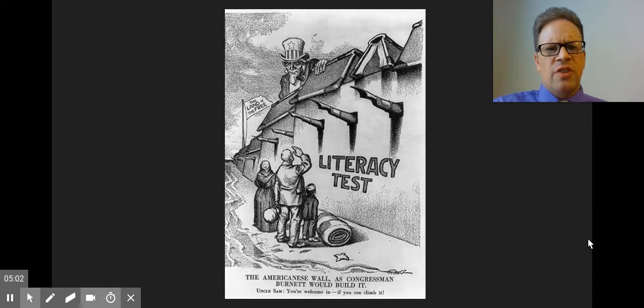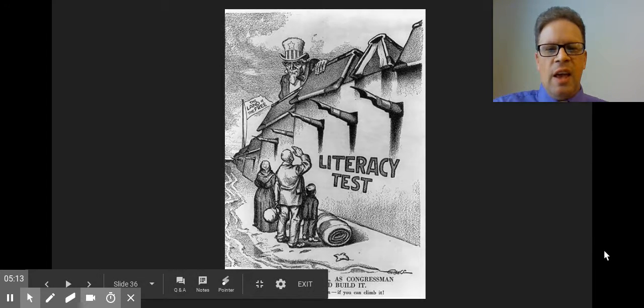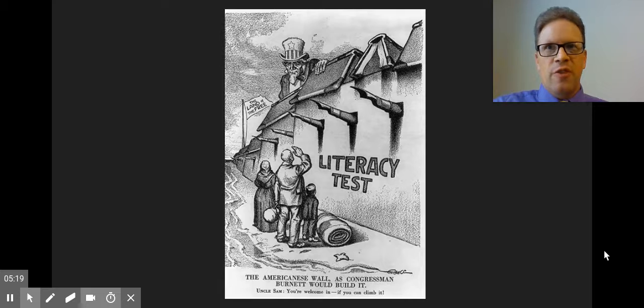The first literacy test, I'm not sure how many boxes, was like this: you'd be given multiple ballots, and you were supposed to put the ballot in the right ballot box, and they were labeled. So if you didn't know how to read, you wouldn't know which box to put your ballot in. If you didn't put it in the right box, your vote didn't count. That was the original literacy test. They became much more absurd, just a way to keep blacks from voting.